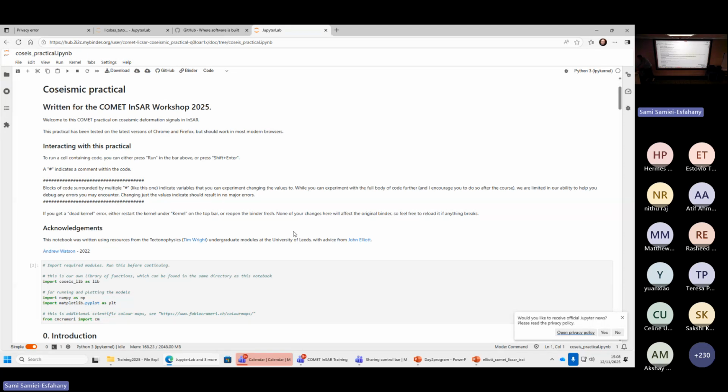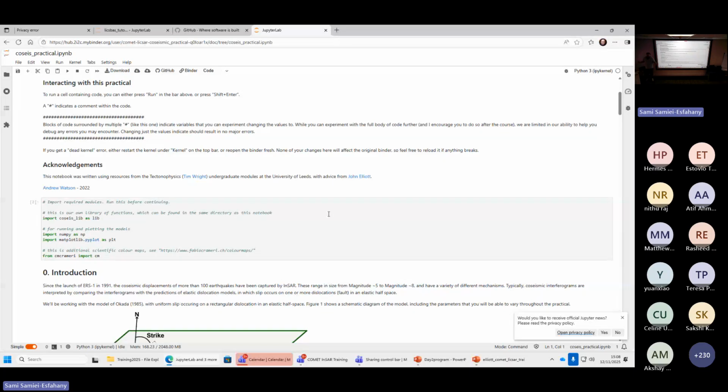Okay. The other thing I'd like to say as well is that it's quite fun to do this collaboratively. The idea is to get the best model possible to the interferogram. So if you want to go around, work together in groups, see if you can get as small a residual as possible. So we're going to subtract the model from the interferogram, and if we get nothing left, we know we've got a pretty good model. Well, there should be some noise left, apart from one. So first of all,